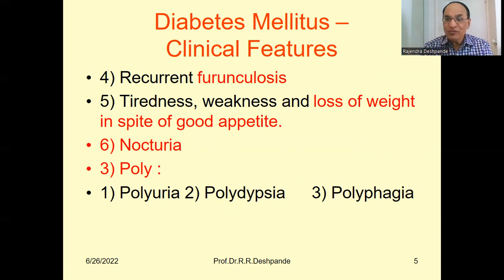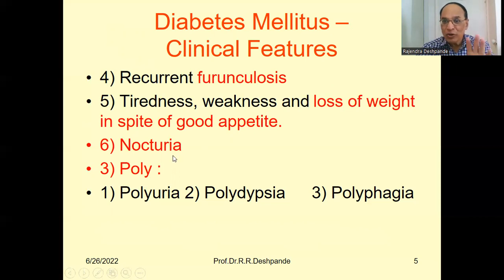Loss of weight may be due to tuberculosis, cancer, HIV, or malabsorption, but one of the important causes is also diabetes mellitus. In tuberculosis, there is a loss of hunger, so loss of hunger and loss of weight match each other. Cancer also has loss of hunger and loss of weight. HIV, loss of hunger, loss of weight. But in diabetes, the patient is feeling hungry, eating well, but losing weight. You can understand this paradox, and this is a spot diagnosis of diabetes mellitus.